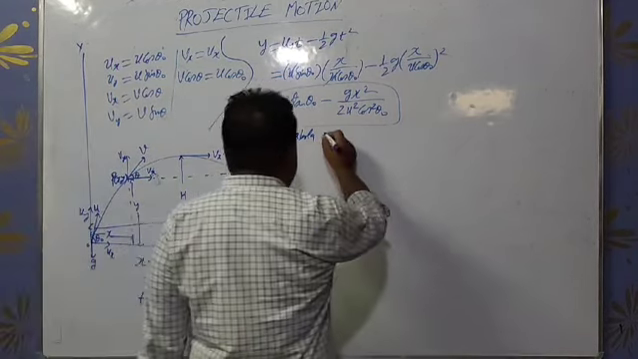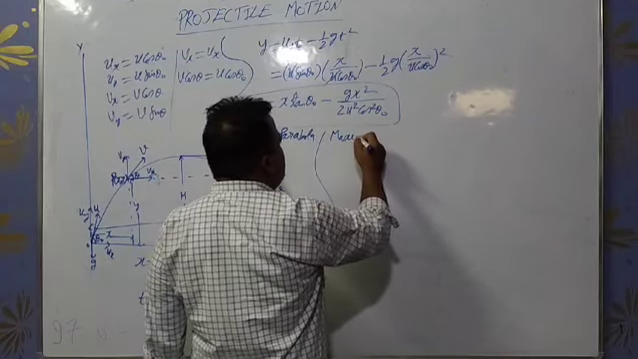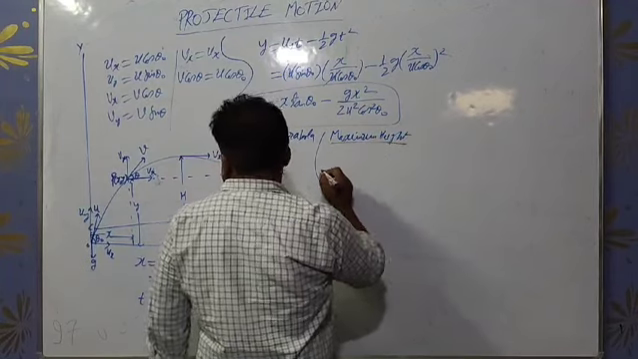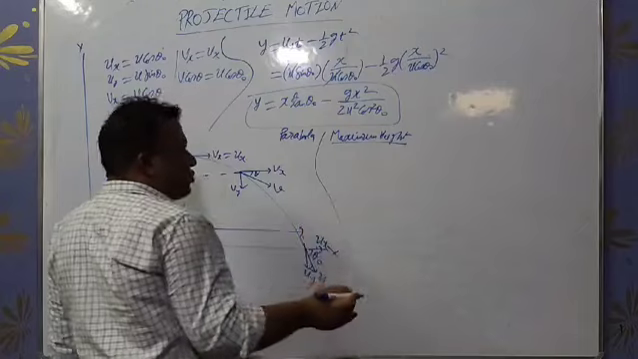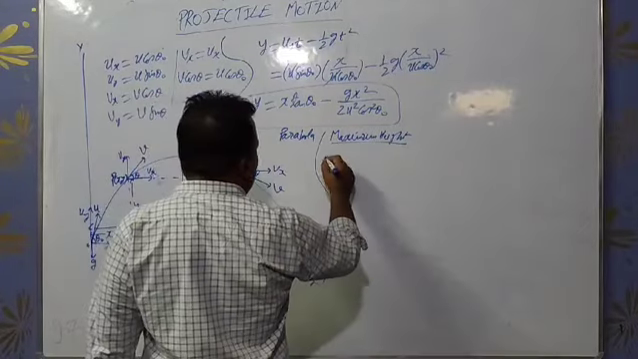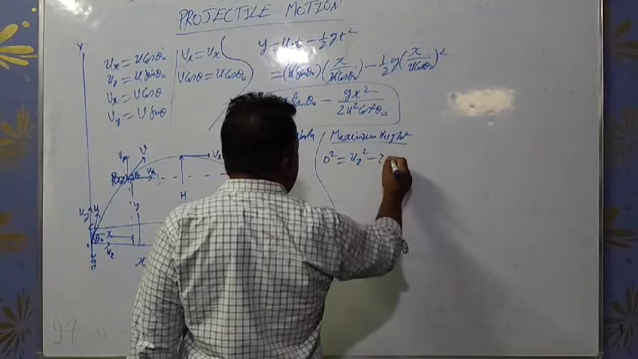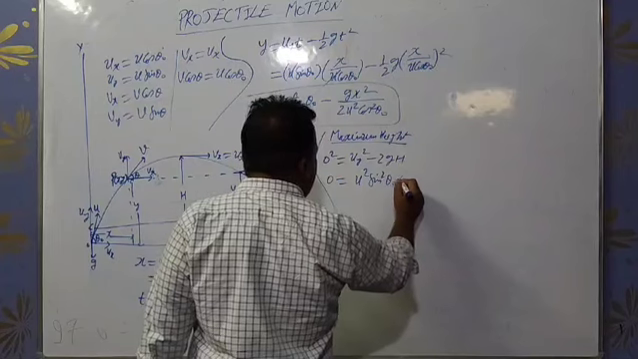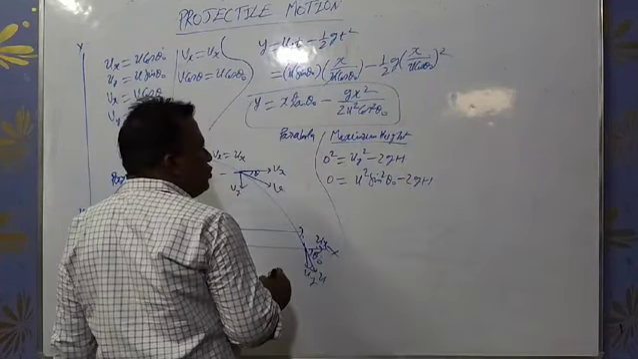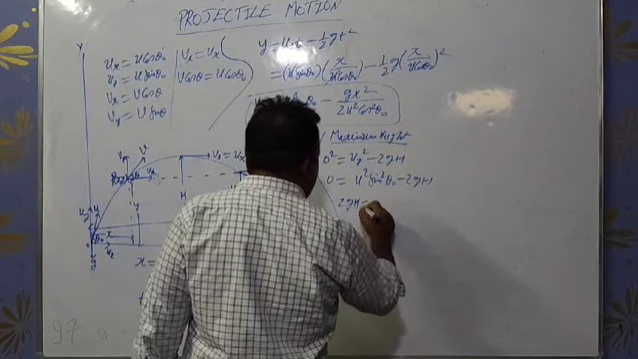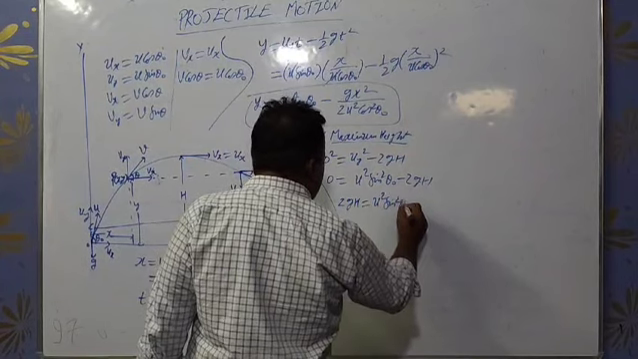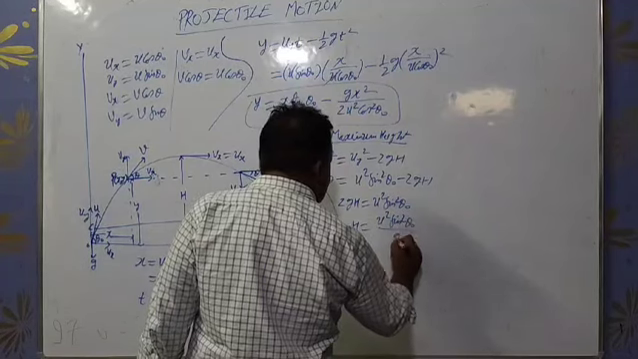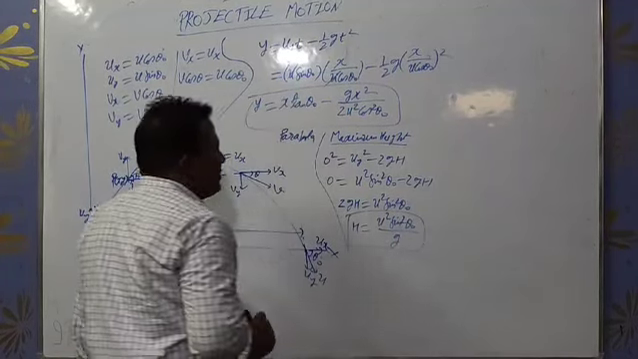Now what is the maximum height? For maximum height, at the highest point, we will use the third equation of motion: 0 square equals uy square minus 2gh, or 0 equals u square sin square theta naught minus 2gh, because uy equals u sin theta naught. So 2gh equals u square sin square theta naught, and h equals u square sin square theta naught upon 2g. This is the formula for maximum height. Now what about